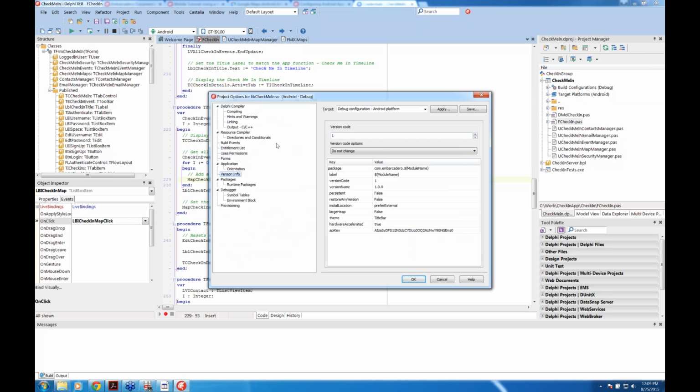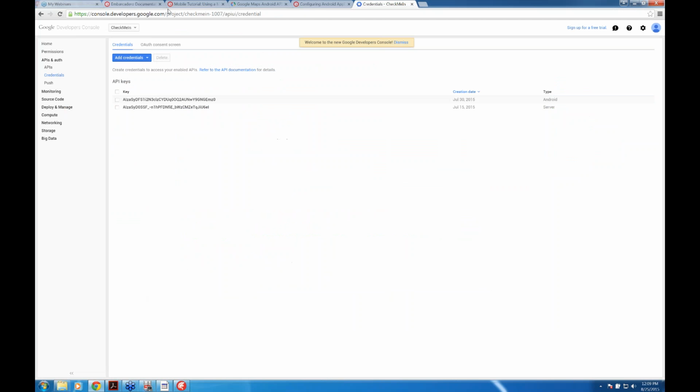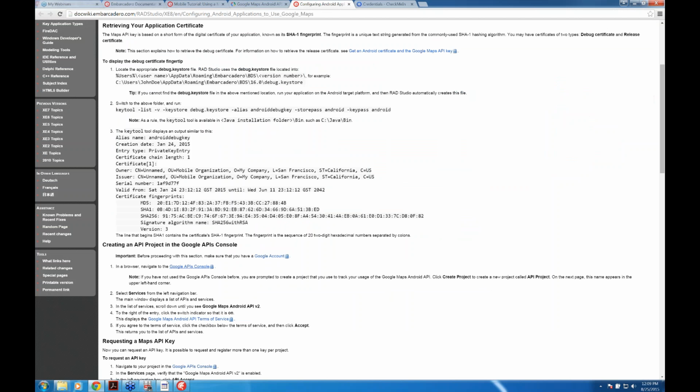And I copy this value into here. And then I click OK. And that gets deployed with my app. Now there is one other thing that needs to occur, and that's explained here back in my configuring this application